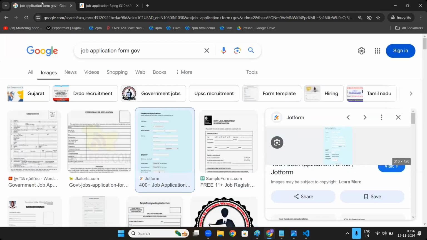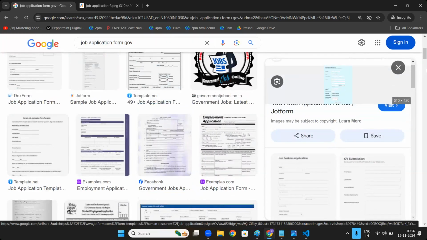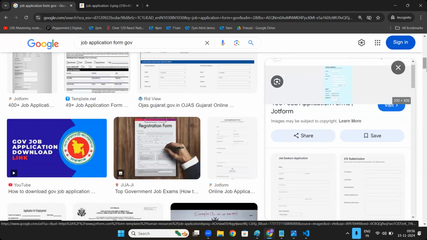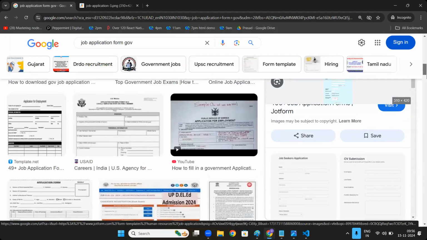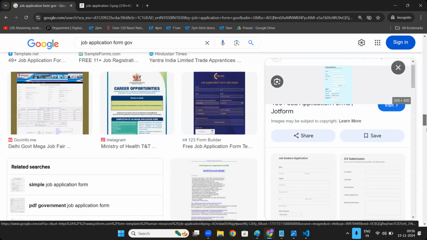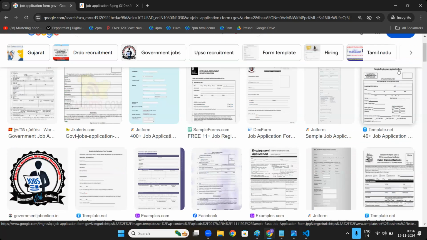They have outside printed copies, but instead of printed copies, did anyone apply for any government jobs or bank jobs on the internet? Anytime? If you apply,